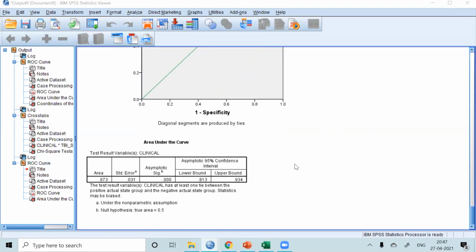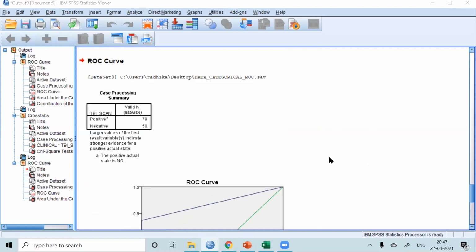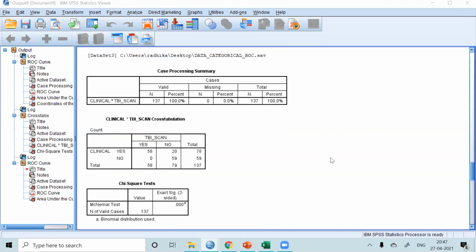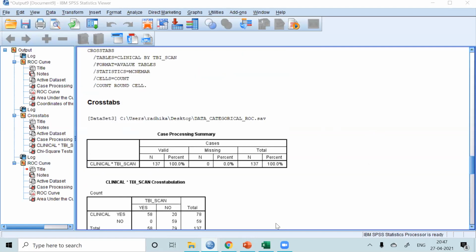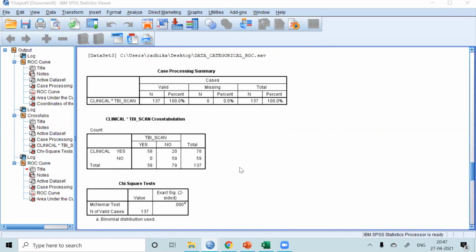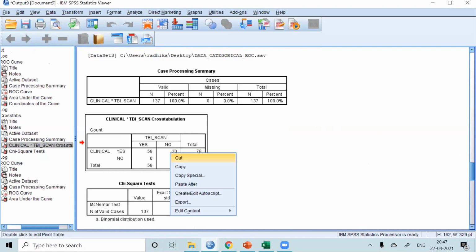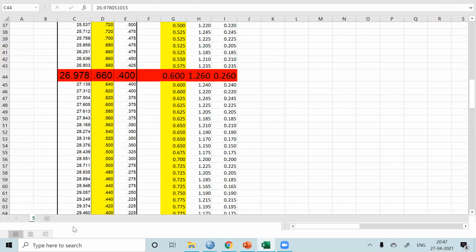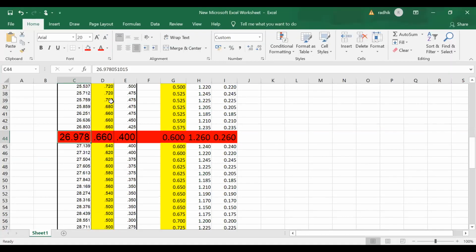Now, when we have to calculate the sensitivity and specificity for this kind of data, in SPSS there is a disadvantage that it won't give you the calculation for sensitivity and specificity directly. So again, as I told you, you can use Excel or any other tools to do the calculation.